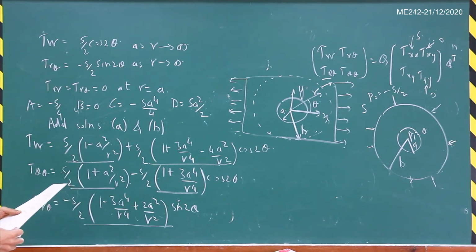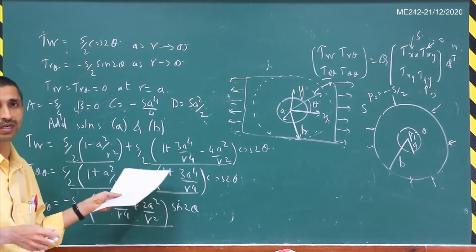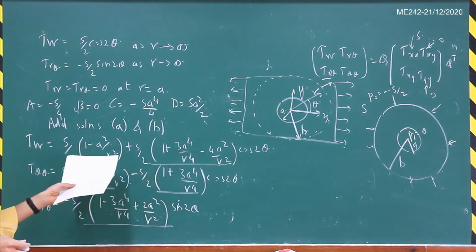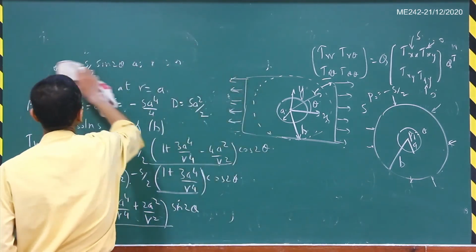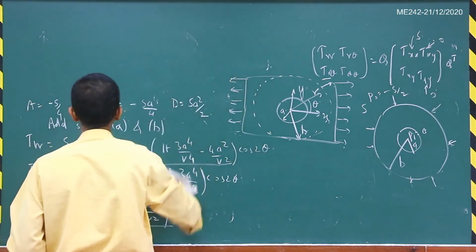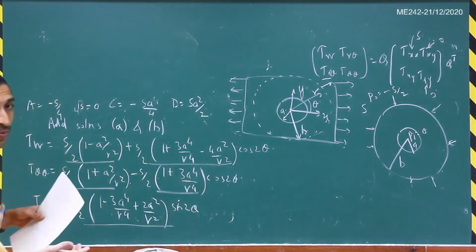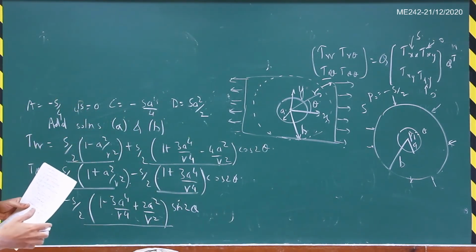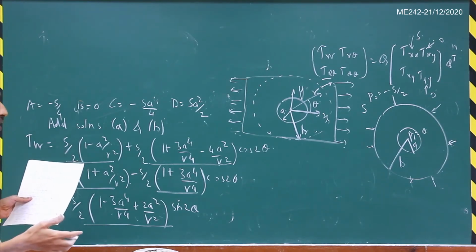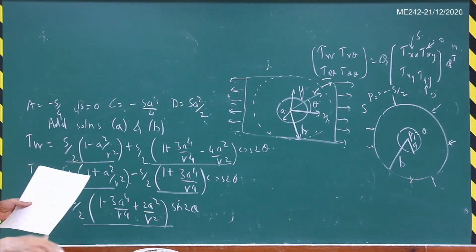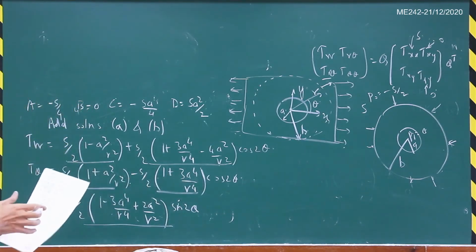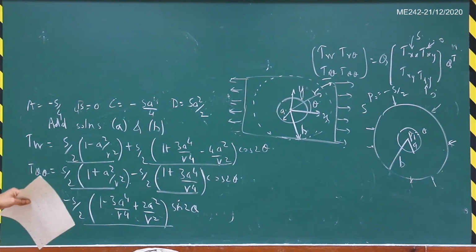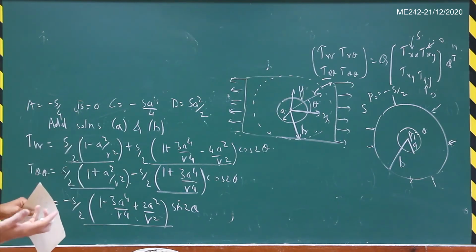Okay, so now let us try to analyze what are the stress concentrations and what are the other results corresponding to this particular solution here. So you can see that there is no dependence of the stress on E and ν. Okay, so that is very typical when we have a pure traction boundary value problem, right? So then in that case, the E and the ν don't come into the picture. So the E and the ν will come in the displacement solution, but not in the stress solution, because all the constants in the Airy stress function are decided just by the boundary conditions, the traction boundary conditions that we